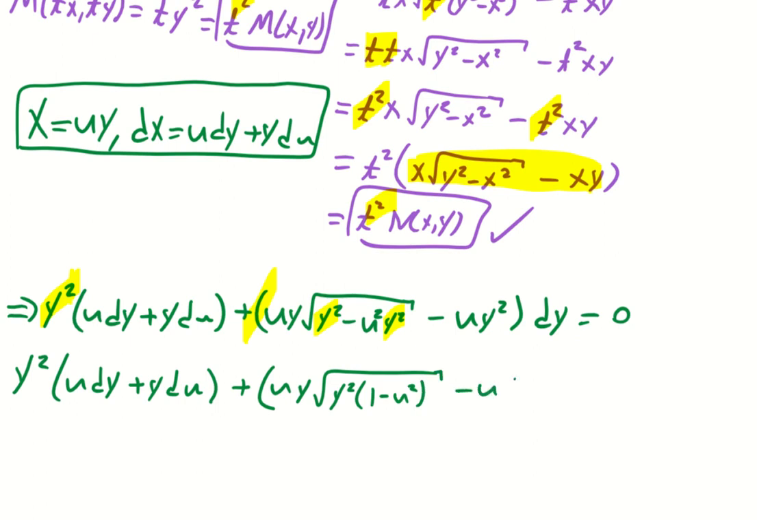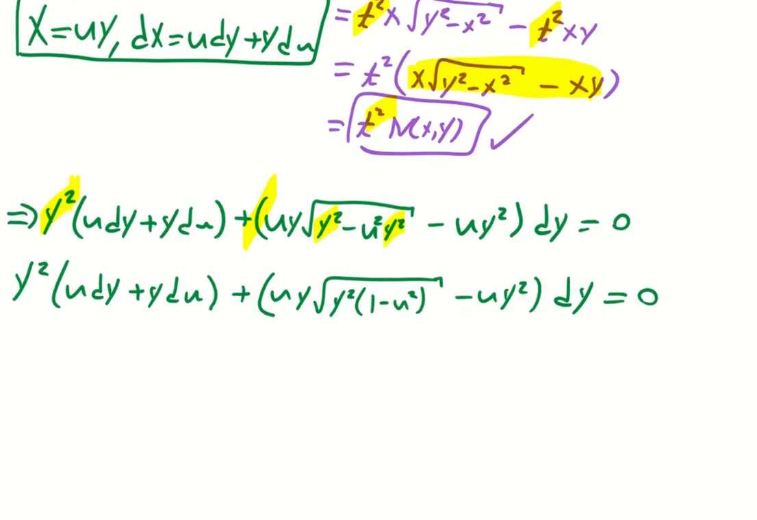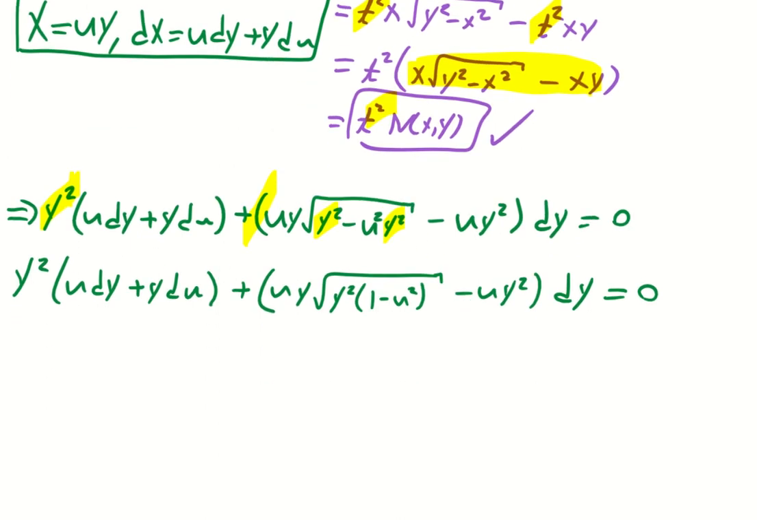Okay, so minus u y squared dy, right hand side is 0. We have a y squared here, and what is the square root of y squared? Well, that's just y, so we would have y times a y. So this expression, we have a y squared. This expression, we have a y squared, so we can factor that out. Let's do that. Y squared times the quantity u dy plus y du